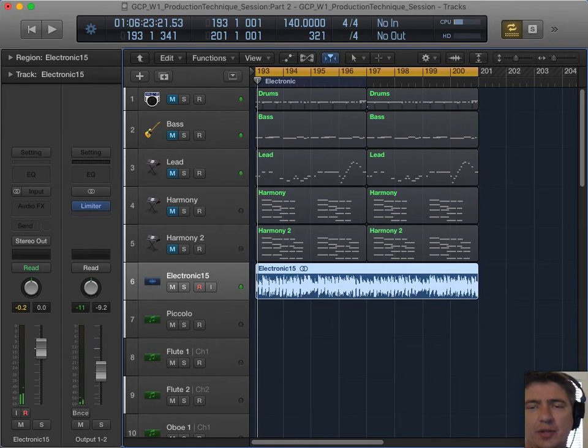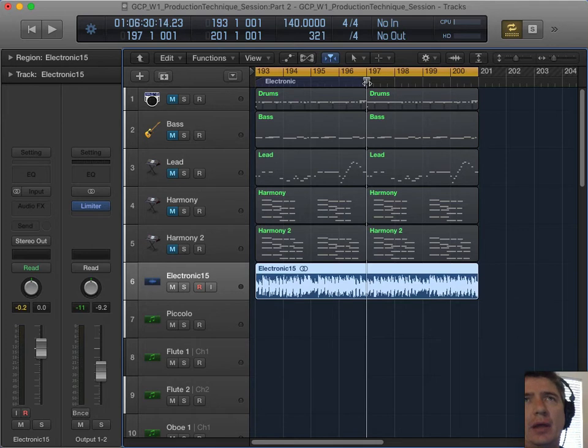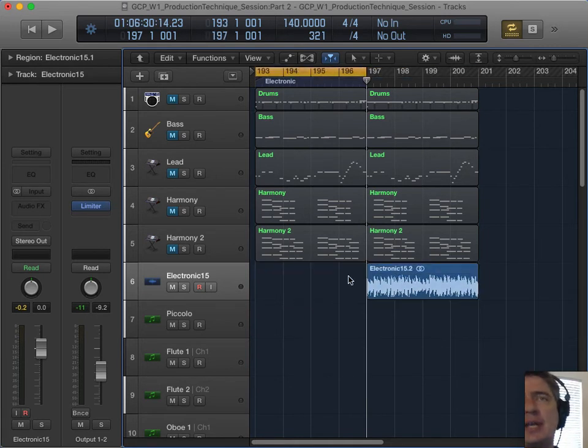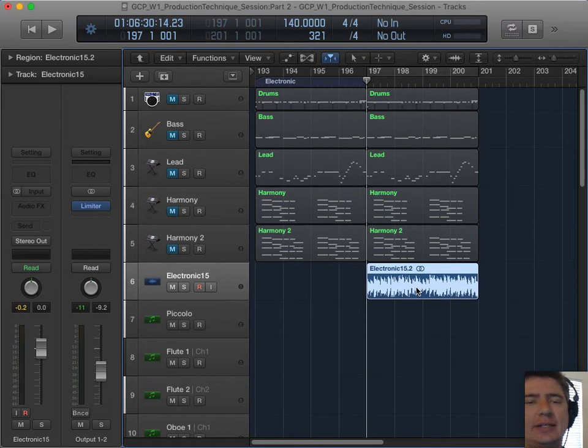We have a question in the chat. So you bounced the MIDI to audio. Yeah, all I've done so far is I just took the original MIDI and bounced it out, and then realized that the cymbal crash at the end gets cut off. So in order to fix that, we just took everything and made it twice as long. And we're going to come here right in the middle at bar 197, and I can just split this in half. And if I only use the second half of this and I listen to this loop, it should create a seamless loop as it goes from the end back to the beginning.